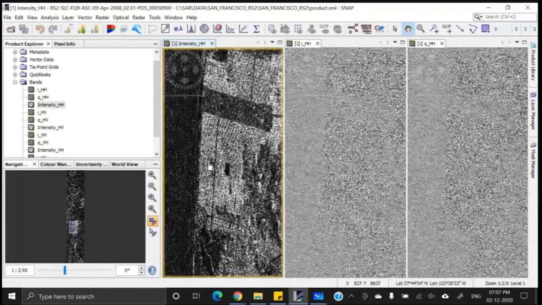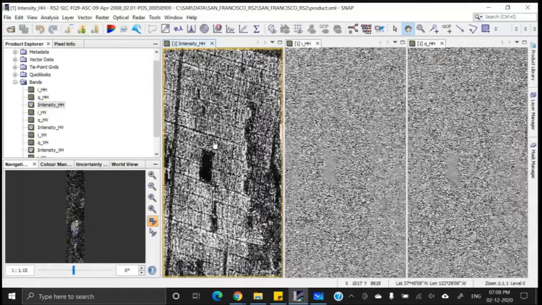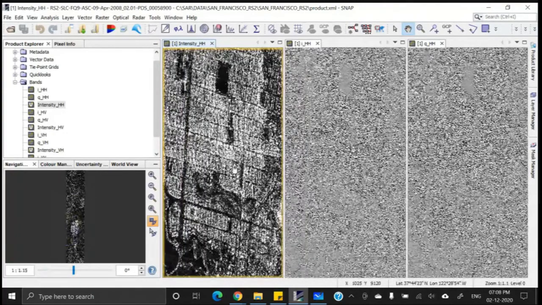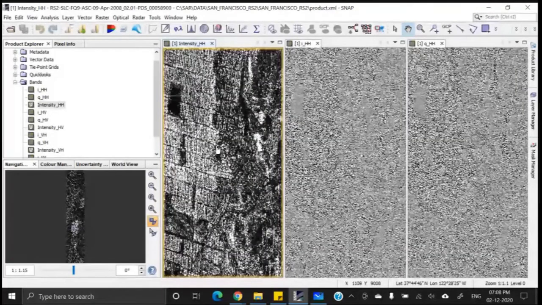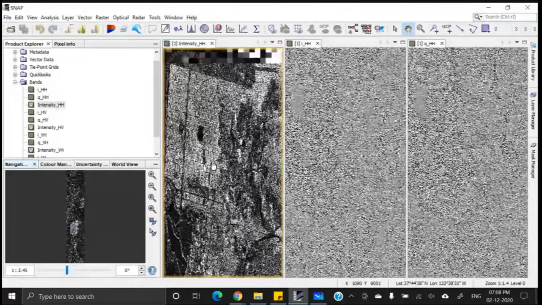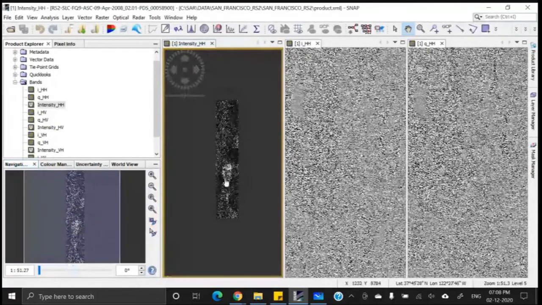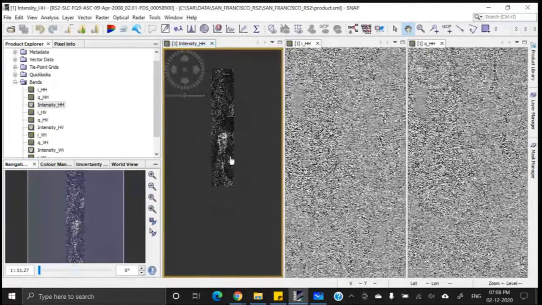This has an advantage. In optical remote sensing, we use geographical linking, so this is similar. If we turn it off, for example, I am turning it off, then this function is not available. And again you can activate it by clicking on this.